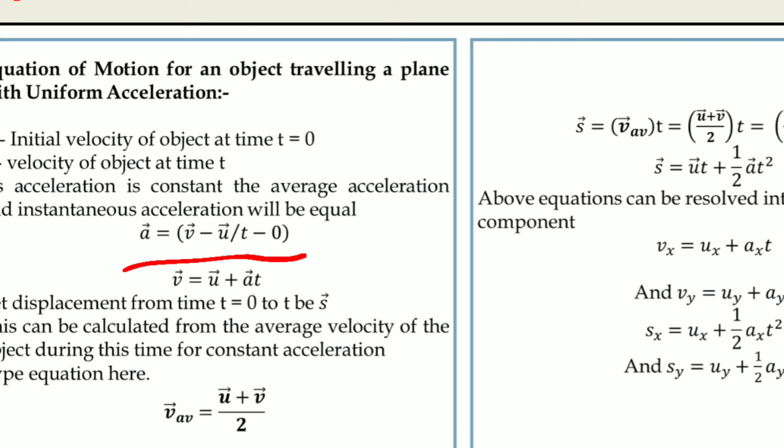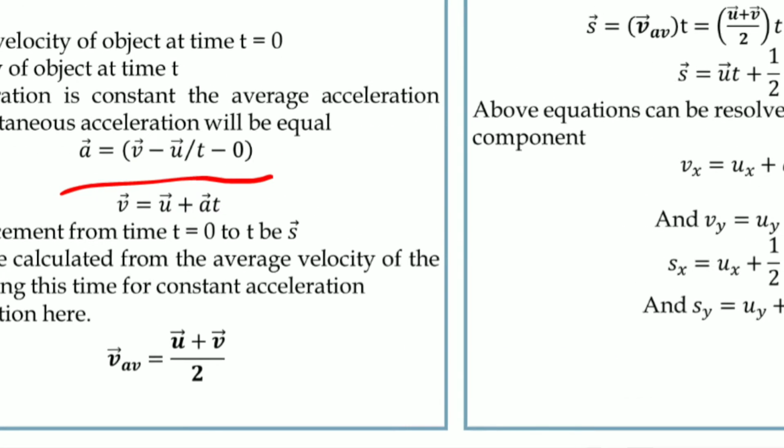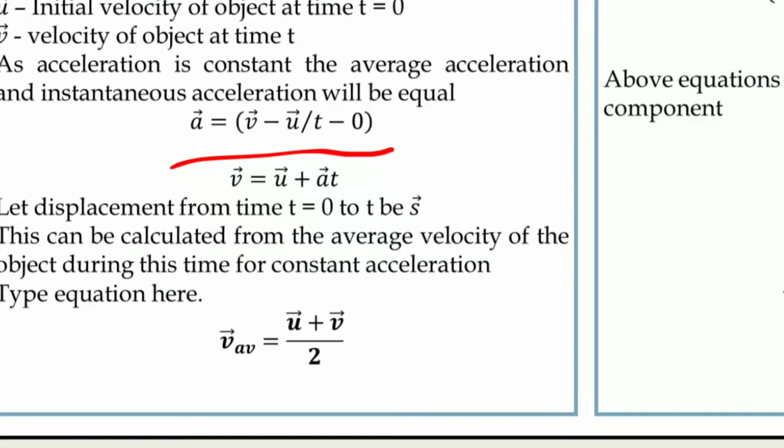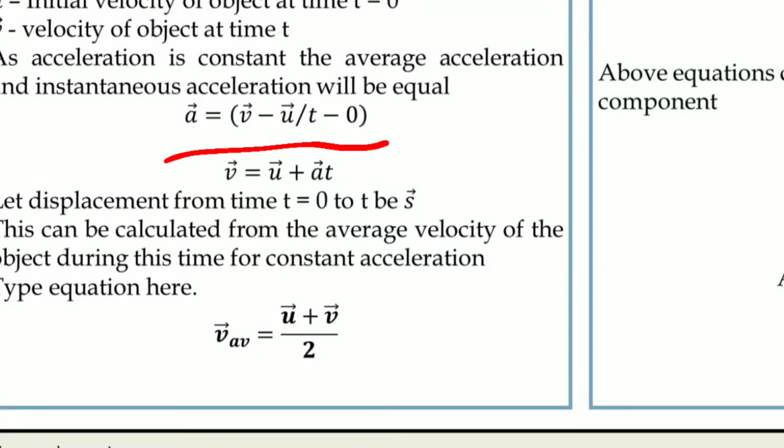Now we are going to find out the equation for displacement. Displacement of the object from time t equal to 0 to t, we are going to consider as S bar. S is the symbol of displacement. So we can calculate displacement by